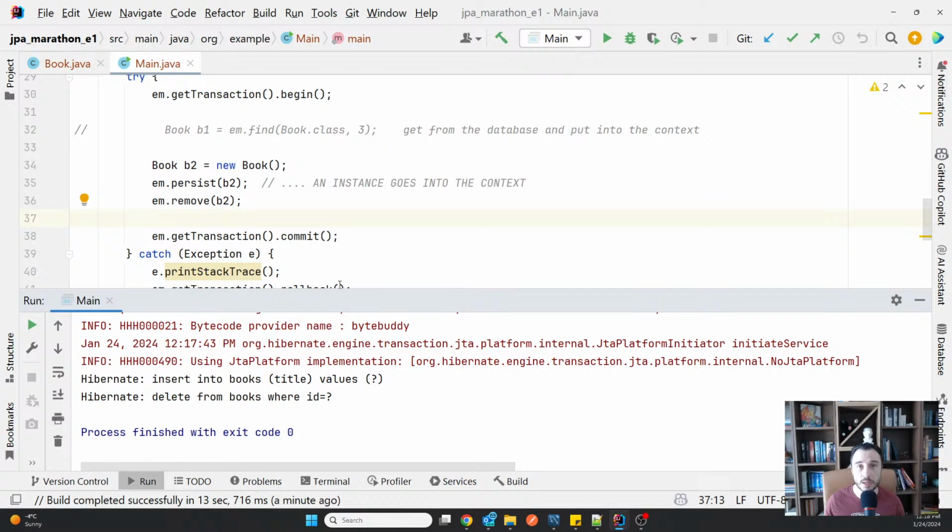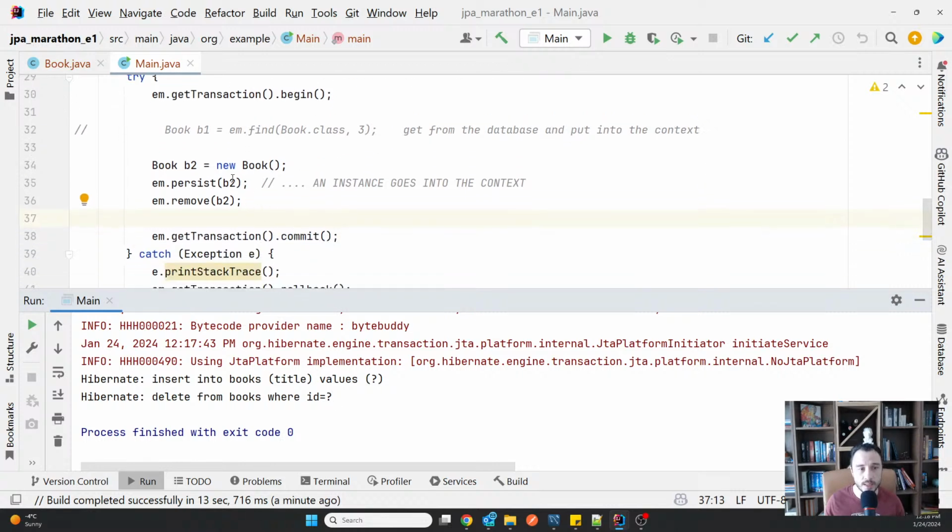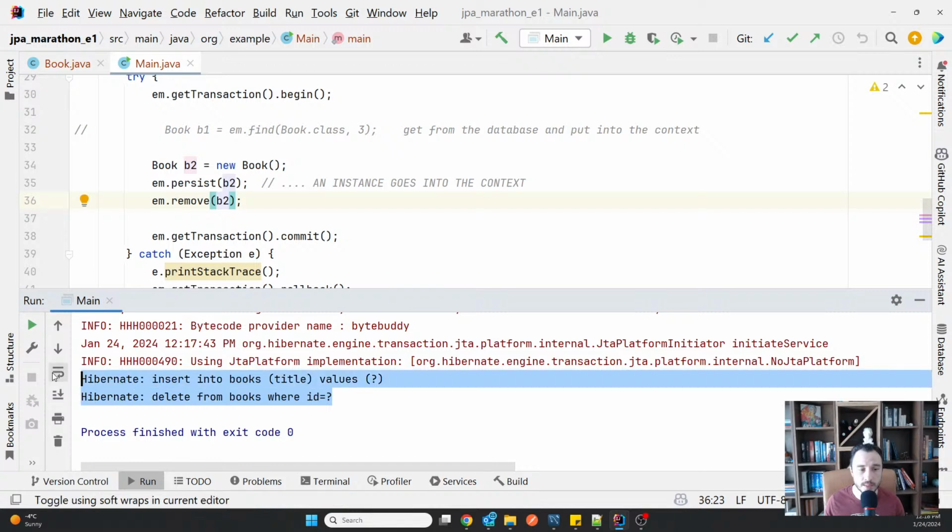So for example, I would have expected that being in a context here and persisting and removing the same entity would not end up with an insert and a delete at all. But in this case, for some reason I cannot explain, Hibernate decided to do that. Why? Maybe it was the best choice.